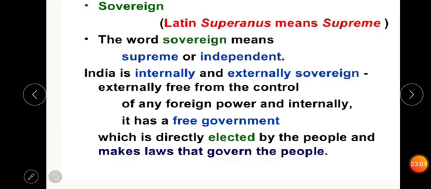Now, the government is directly elected by the people and makes laws that govern the people. As per the demand of the people and the need of the society, the government is free to make laws in favor of the people who have elected them. Internally and externally, India is independent. First, India is supreme in terms of its lawmaking. Okay, so now